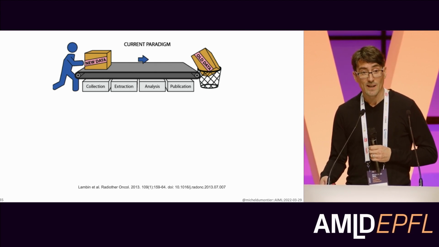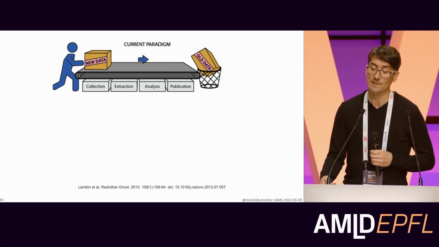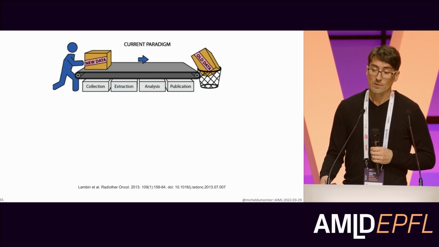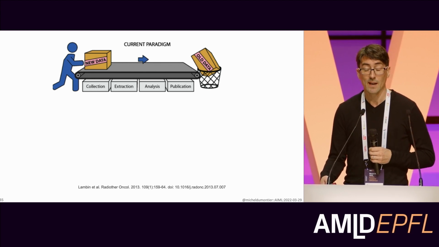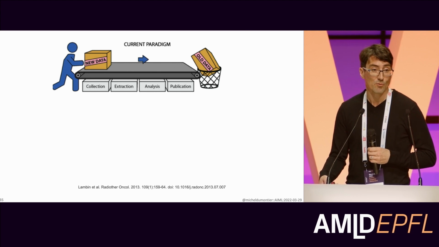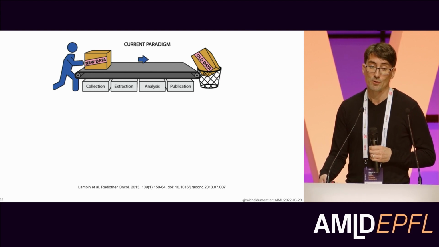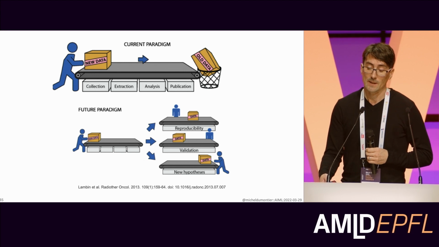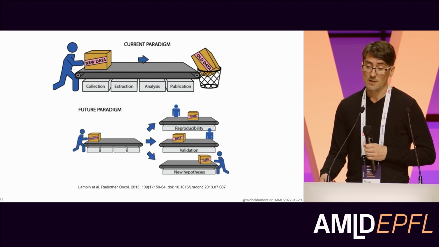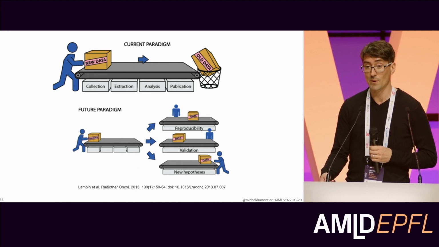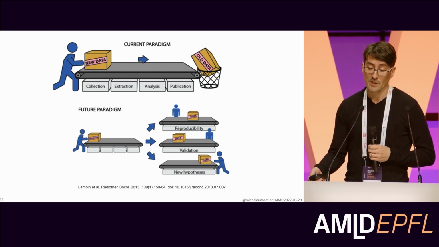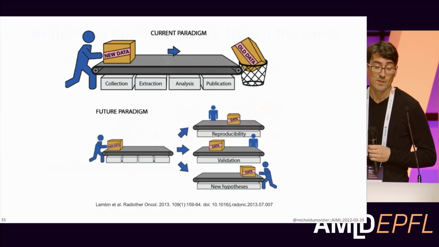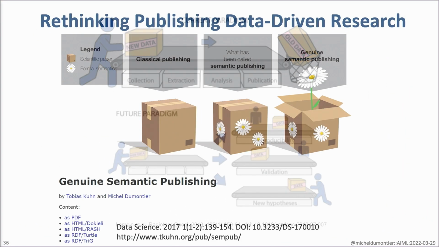And then we use NLP algorithms to understand what is in those articles. What we need to do is think about the role of data not as secondary to a publication, but actually primary to the publication, for which we write a narrative or a story about our understanding, our interpretation of the research results. What we need to do is make data available immediately for reproducibility studies, to use in our own validation of our research results by using other people's data, and of course to create new hypotheses from.